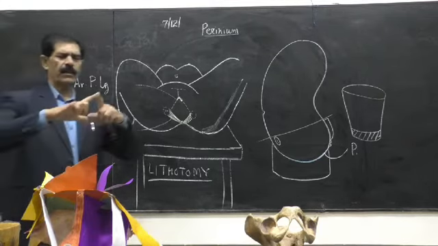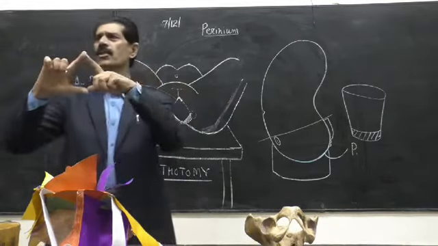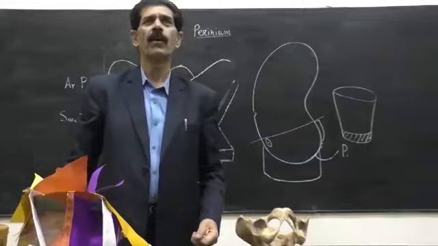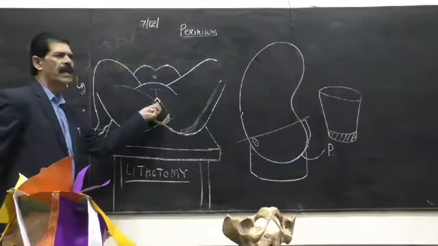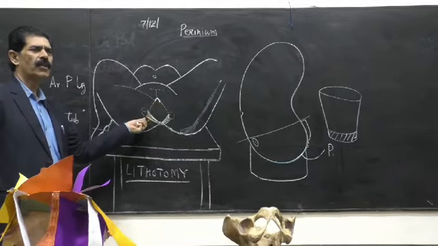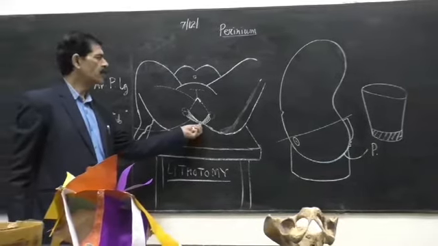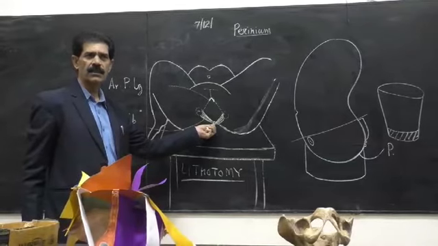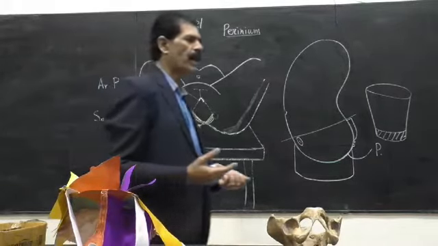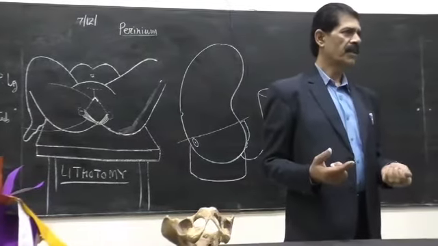So in this way, a diamond-shaped area is created. So this diamond-shaped area is called the perineum, or the lowermost part of the human abdomen or the body, with all its boundaries: anteriorly the arcuate pubic ligament, laterally the ischiopubic ramus and the ischial tuberosity, posterolaterally the sacrotuberous ligament, and the posteriormost part is the tip of the coccyx. So that is the diamond shape, the perineum. It is a very difficult part, but if you go systematically, then it becomes easier to understand what the perineum actually is.